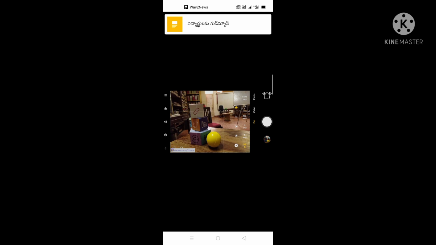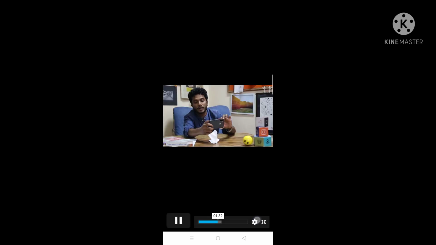I click that, and there are 3-4 default white balance options given over here. I do that. So I did that, and manually also you can change this. So in this way you change your white balance, and either you can keep in auto mode. So I have kept again in the auto mode. And secondly,